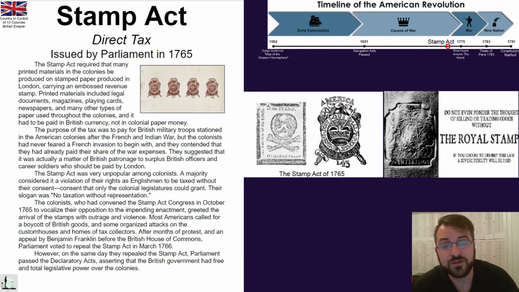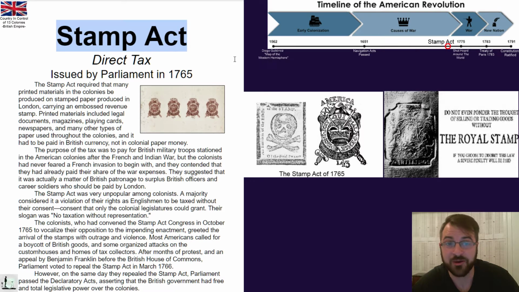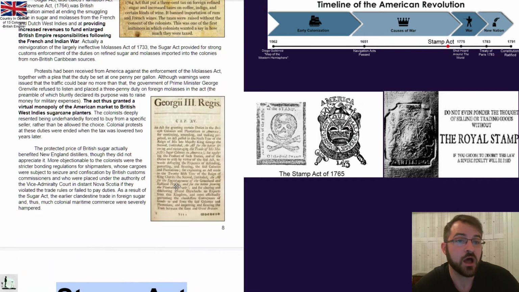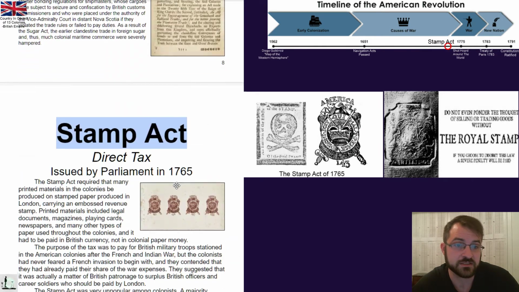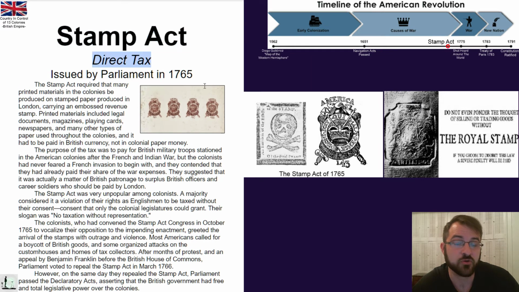All right, welcome. Today we are going to read about the Stamp Act. Unlike the Sugar Act, the Stamp Act is a direct tax. They're not messing around anymore. We're specifically taxing the 13 colonies. No bones about it. You're going to pay up. And this was issued by Parliament in